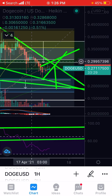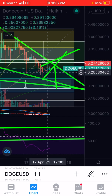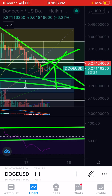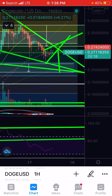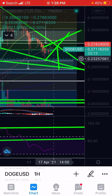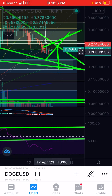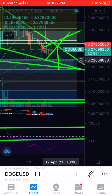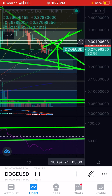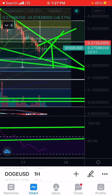And you can see how we rolled over trying to hold these levels, and we just completely broke through. So, we didn't quite get enough momentum off of this one wick down here at this 0.618. So it's very possible here that we break down, and what I'm looking for is a potential bounce off of this 0.618 again, which could ultimately create some kind of bullish divergence and then be able to break. But it looks like it's in a falling wedge as of right now, which can break down,